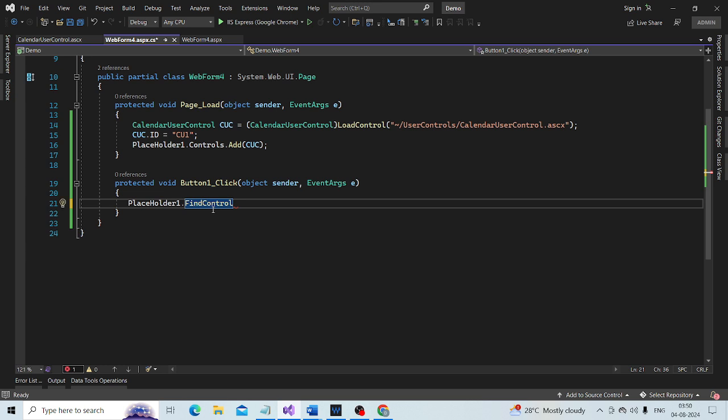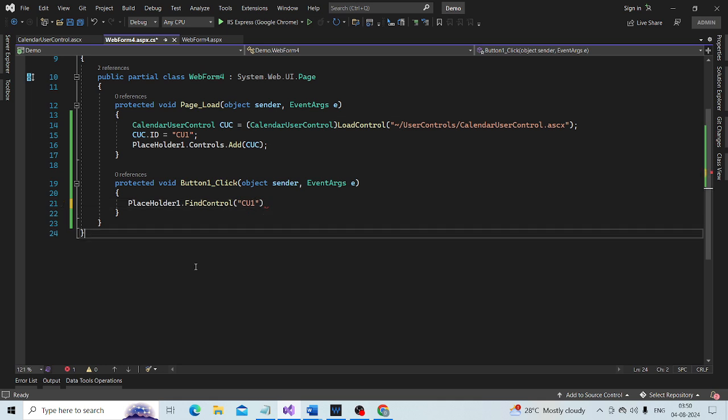And what is the ID that we are expecting? CU1. So find a control with ID CU1. Okay, and look at this FindControl method.